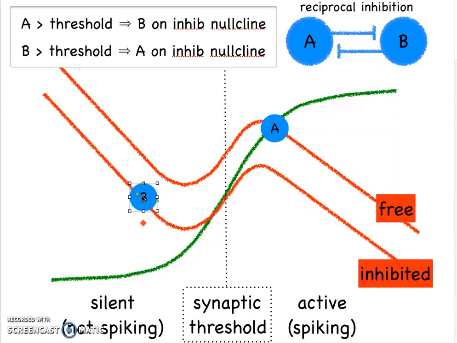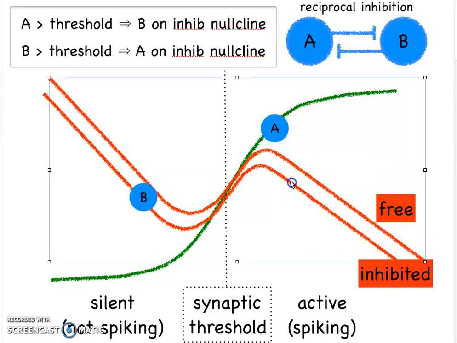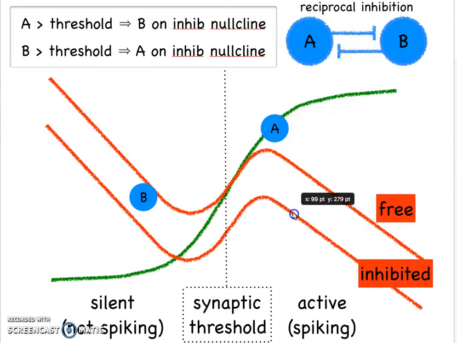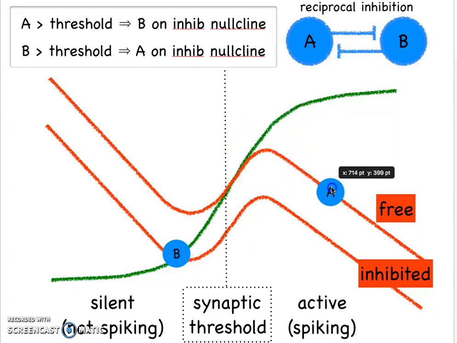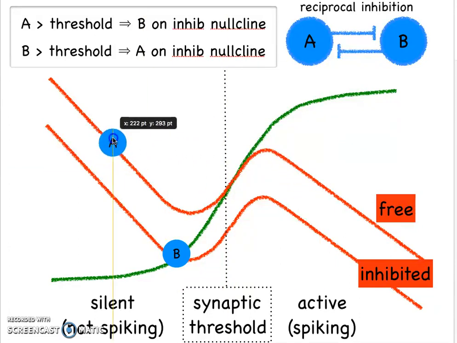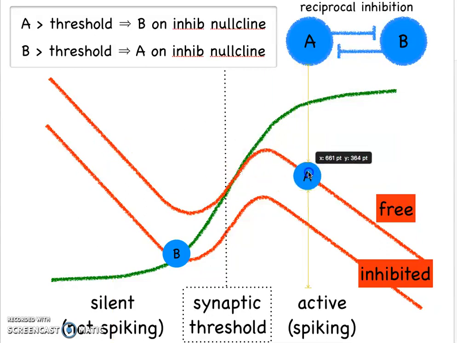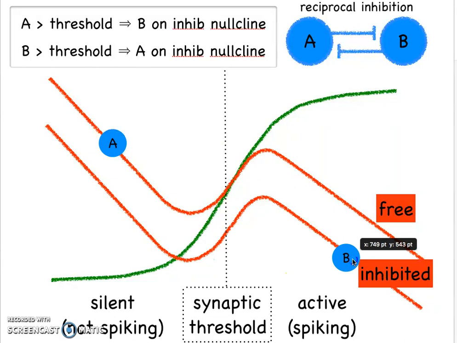The alternative would be if neuron A's null line looked like this and neuron B's looked like this. B would get stuck down here. Neuron A, when active, would move over this null line and drop down. And it would actually be the timing out of the active phase of neuron A that caused neuron B to become active. And that mechanism is referred to as